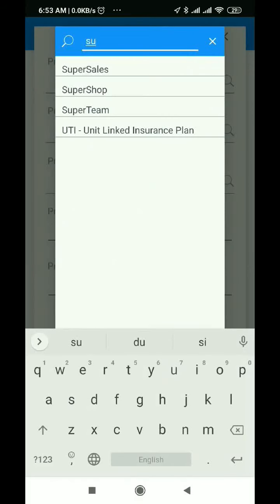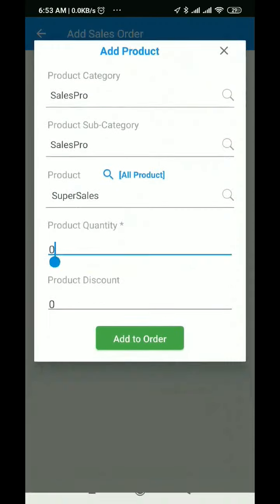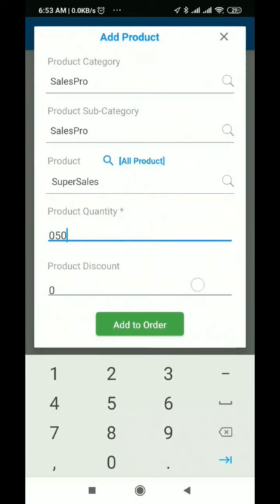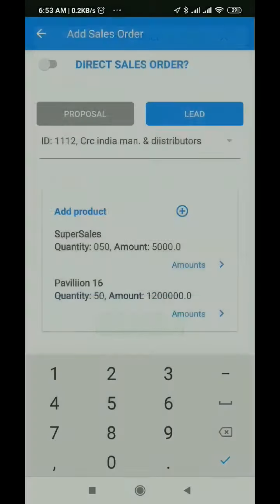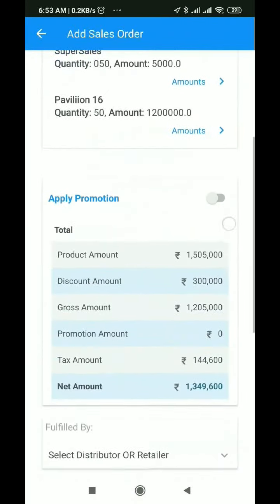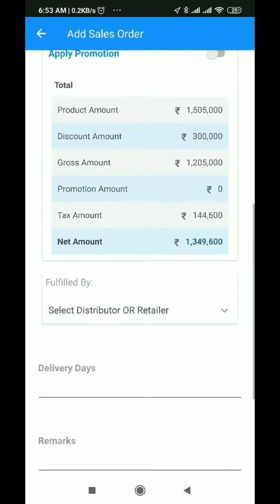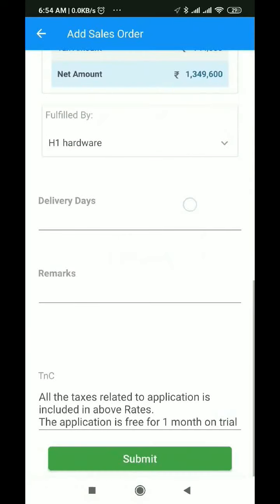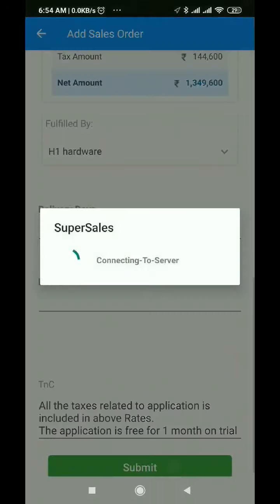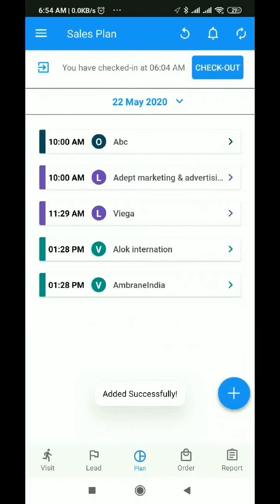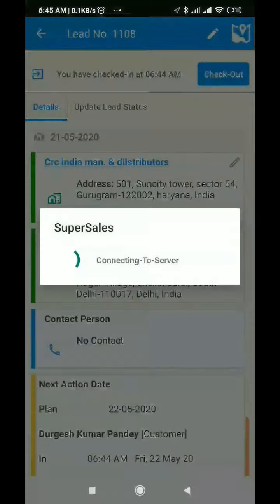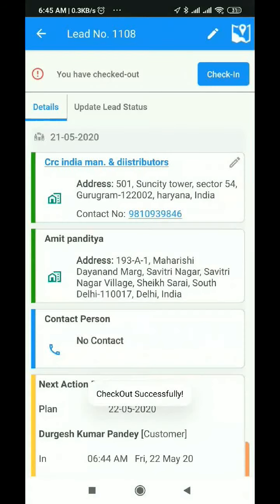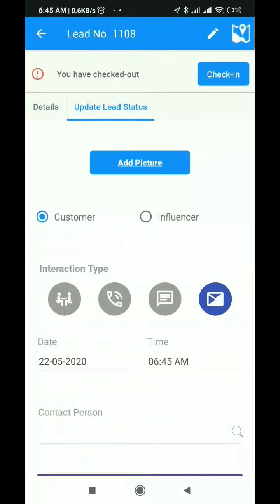You can choose your product for the sales order, and you can choose what discount you are giving. So you can check out right from the lead detail page.